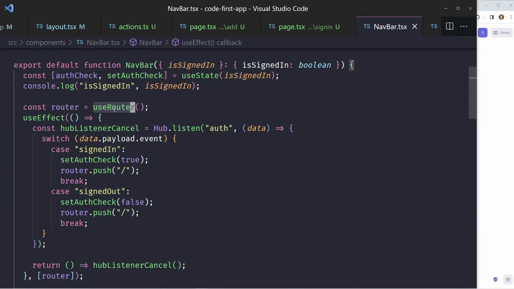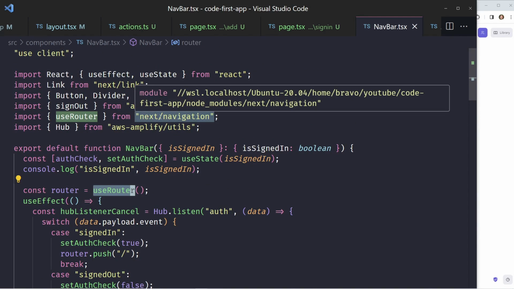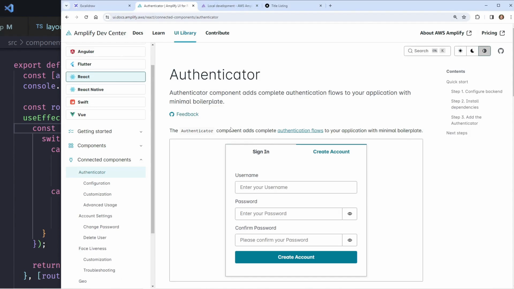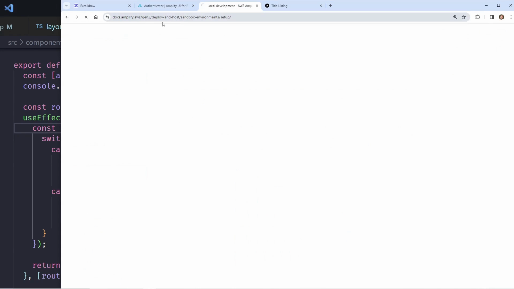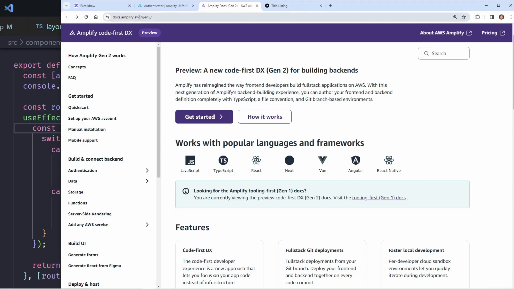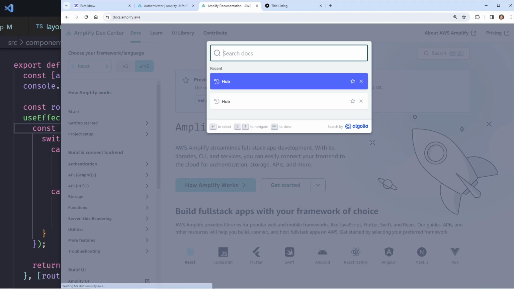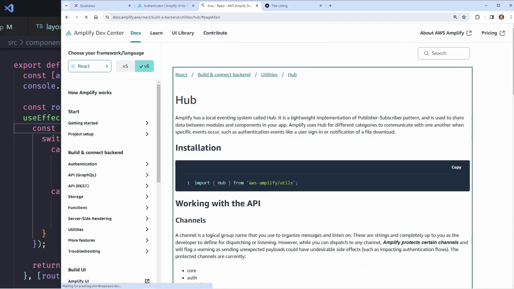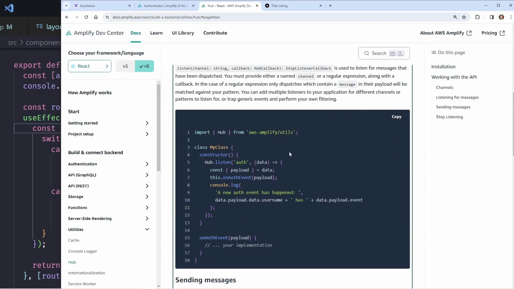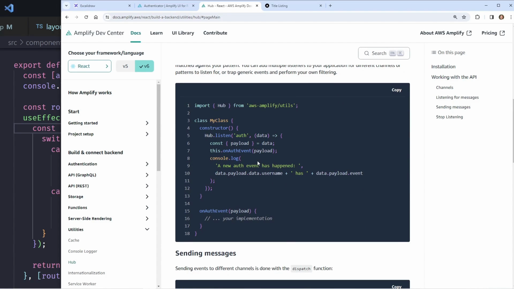And then we're using React router, this navigation, this Next router. And then we're using useEffect, and we're using something called Hub. Now Hub, if we look in the official documentation, if we go back to outside of this Gen2 and look up Hub, it's a utility that helps you figure out if certain actions have happened. For example, we can look for auth and then see if a user signed in or signed out